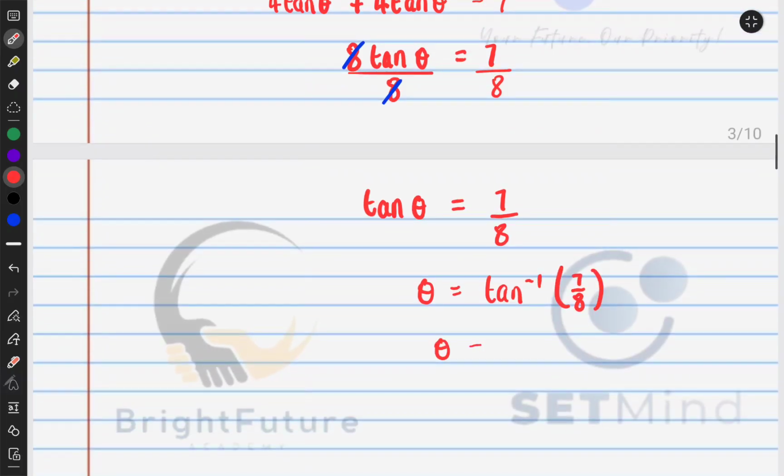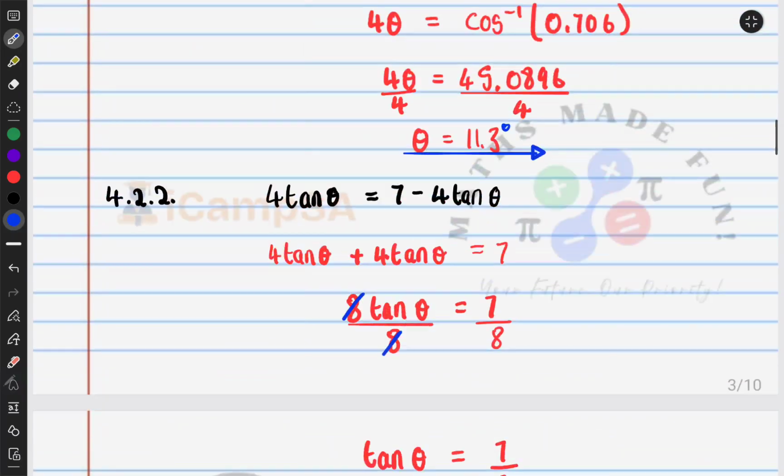What is our theta now? Theta is therefore 7 over 8. You punch this in your calculator. Our theta is 41.2 degrees, 41.2 degrees to 1 decimal place. Don't forget that. To 1 decimal place. Okay. And then next